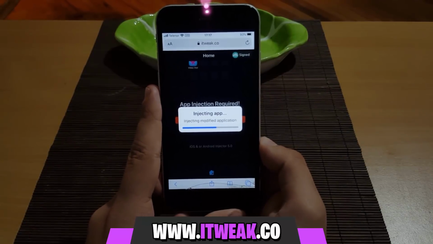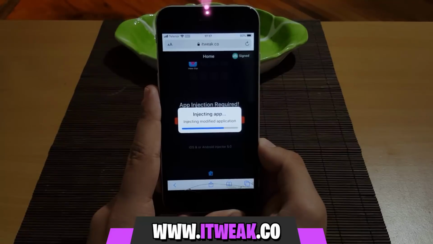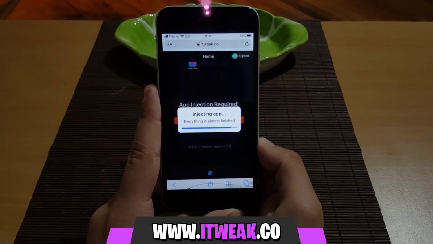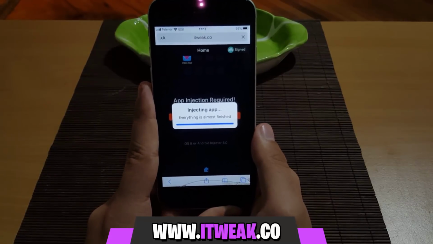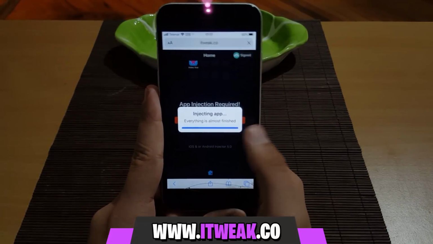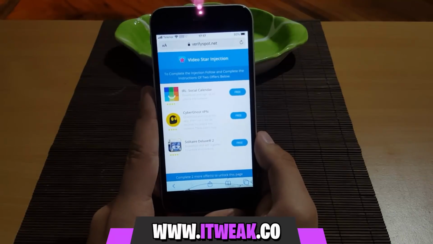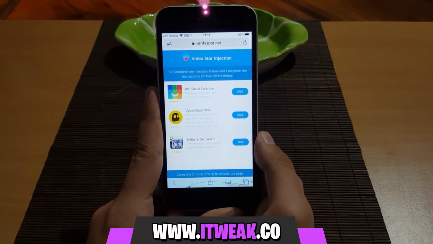Just follow my steps guys, because I actually have tried this method out many times to see if it works, and it has always worked for me. So I want you to get VideoStar on your phone like I do now. Now it will take us to the next page where we have to complete 2 offers to get VideoStar on